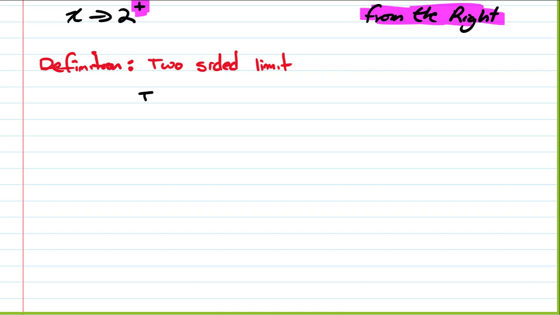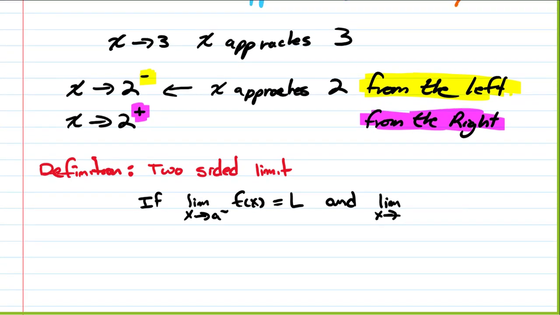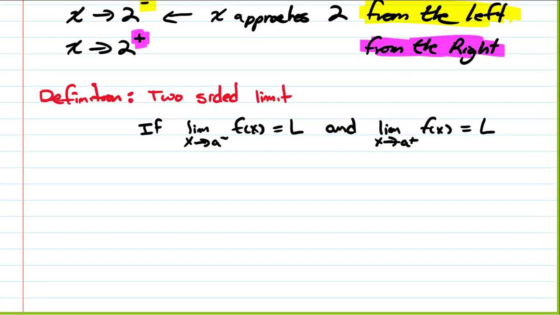If the limit as x approaches a from the left of f of x equals L, and the limit as x approaches a from the right of f of x is also equal to L, then we say